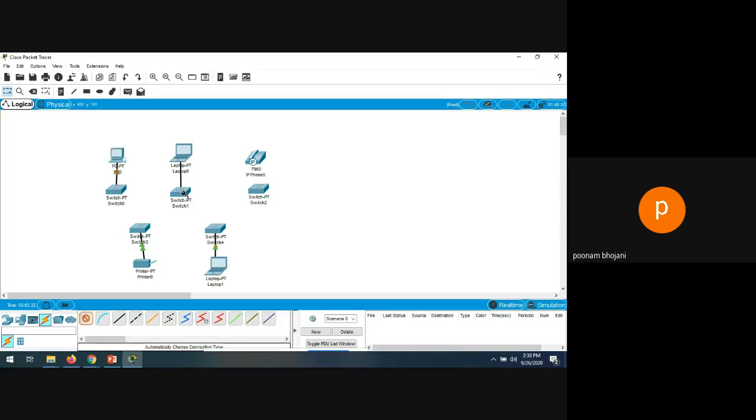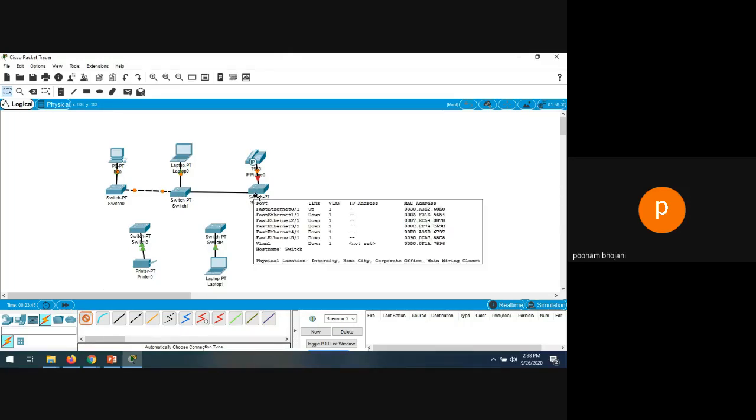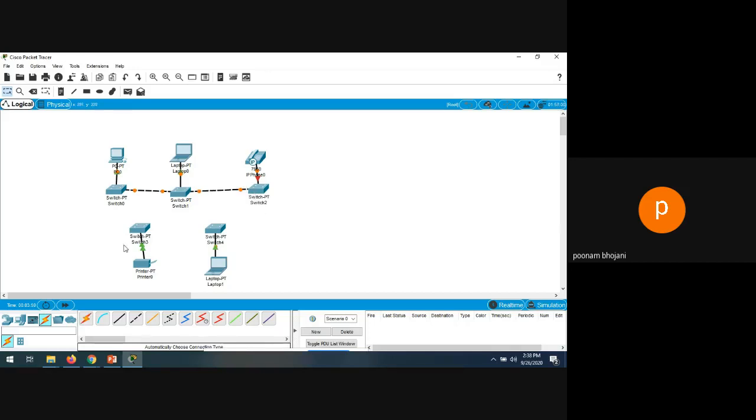Now, any end device and switch are connected with one type of link. Do you think the switch to switch connection will be the same link? It will be different, right? We don't know which type of link is required to connect one switch to another switch, that's why the automatically chosen connection will be used.